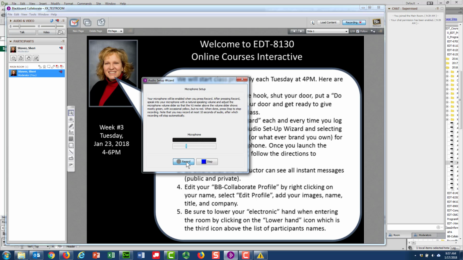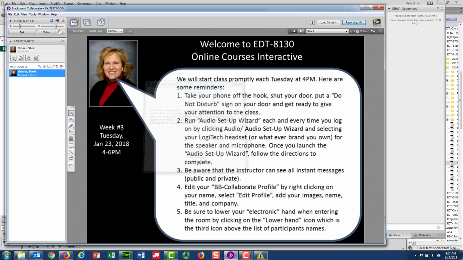And I test talking into it. And can I hear that? Yes, I am hearing it. So we are good to go as far as the setup. And you want to remind your students to run Audio Setup each and every time too, because once you've done it on one computer, it's usually fine, but things happen, and so a good way to fix audio issues is